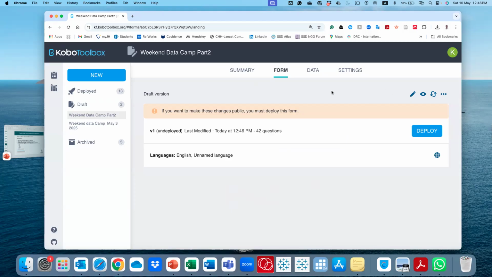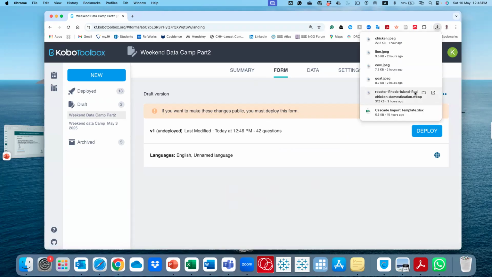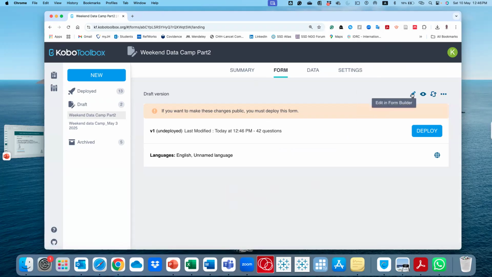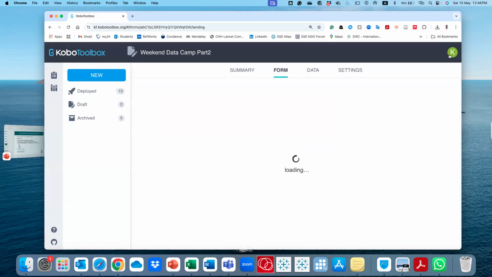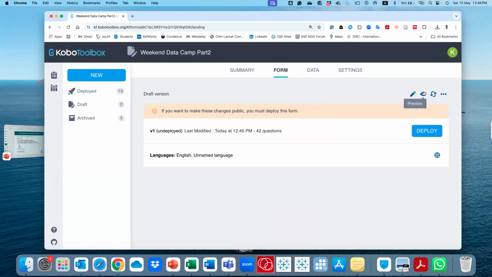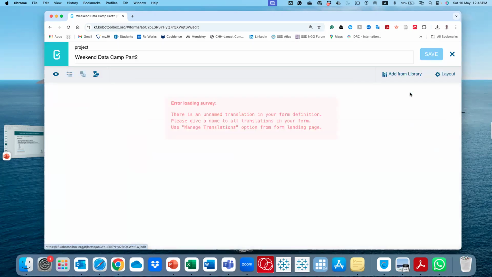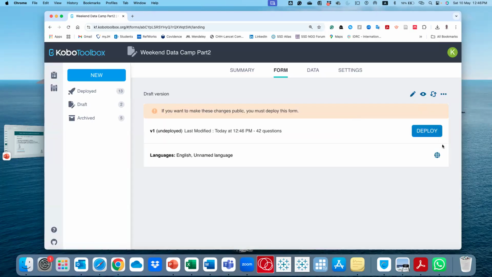So now if you want to see what is in the form, you just go. After uploading using Excel, you can still continue to do edits in Form Builder. Let me see that. Okay. Doing translation.